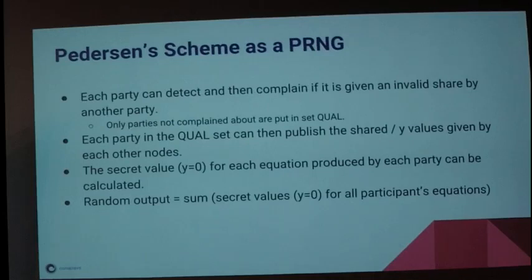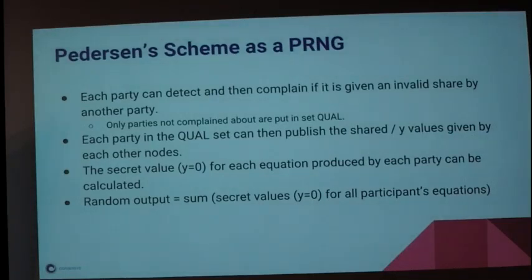is, each party, because they can detect whether an invalid value has been published, can complain if it's invalid. And then if enough parties complain, then a party is essentially struck off, and they're not part of the qualified list. And then each one who's part of the qualified list publishes their y values, and then you calculate the